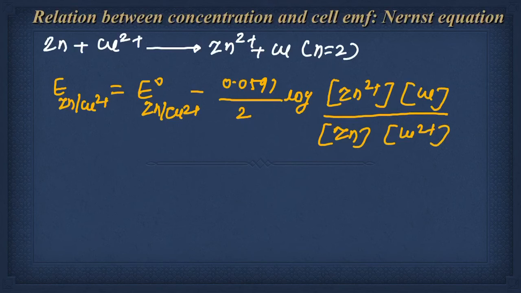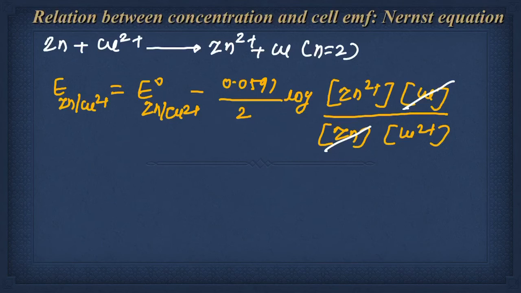Here we can cancel these two values, the Cu as well as the Zn, because the copper and zinc are both the electrodes used in this reaction, which are present in the solid state. So we can put the value unity according to thermodynamic equilibrium. We have to put the value unity if the substance or species is present in the solid state. So after putting one, it will get cancelled. Okay, so a simple equation we can write here by cancelling these terms.